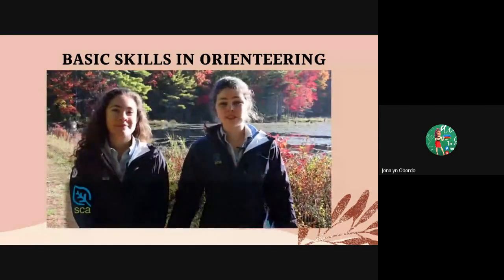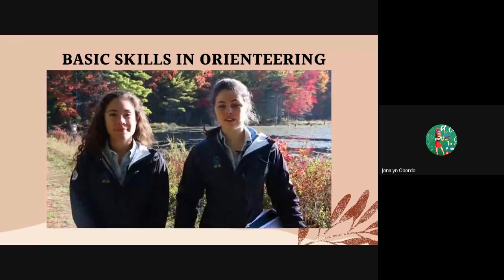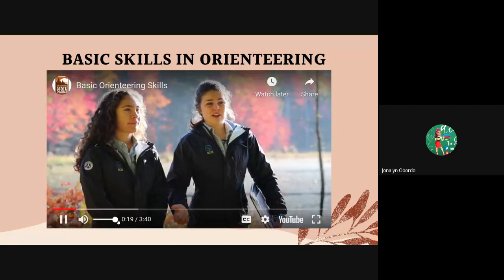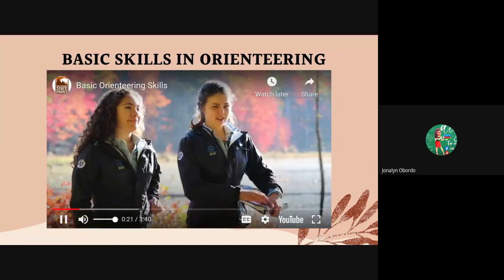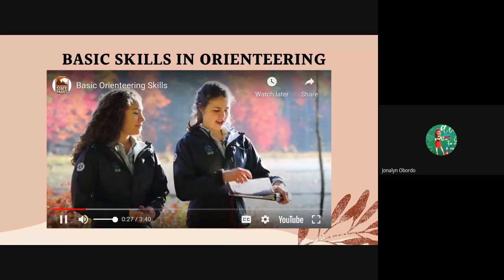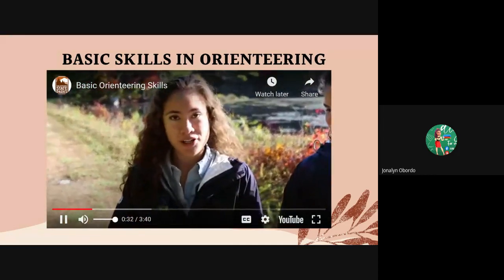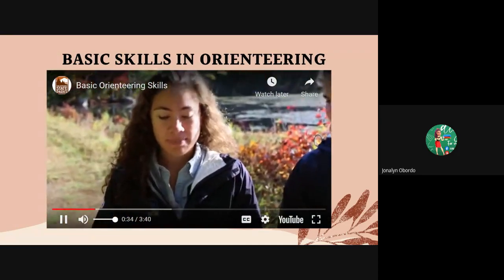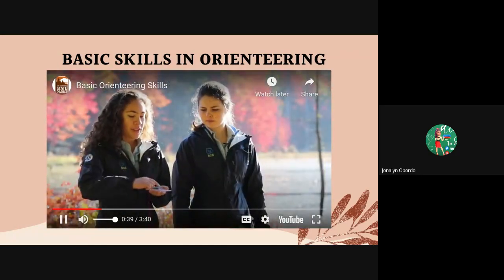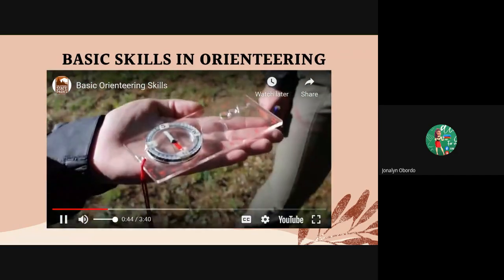So Bearbrook is a really big park. It is 10,000 acres and it has so many trails that you can explore. But that also means you have a chance of getting lost when you're out here. So to avoid that and to give yourself the best chance of enjoying your time out here, you want to bring a compass and a really good map with you. So the first thing that you want to make sure you're doing when you're using your compass is holding it correctly. So you want it flat in your hand, just like this, with your arrow of direction facing away from your body, pointing away from your body.